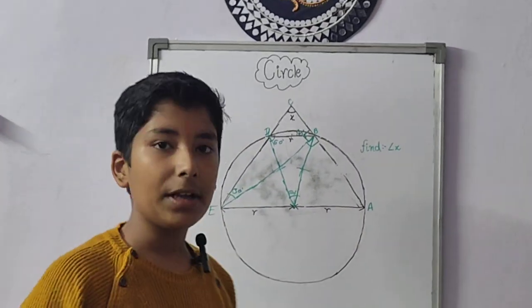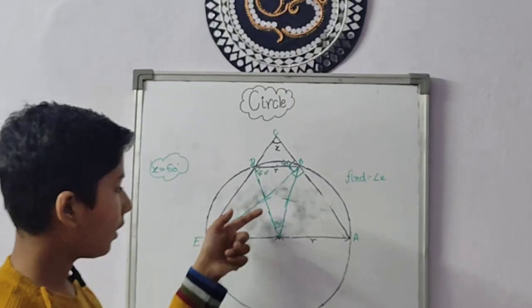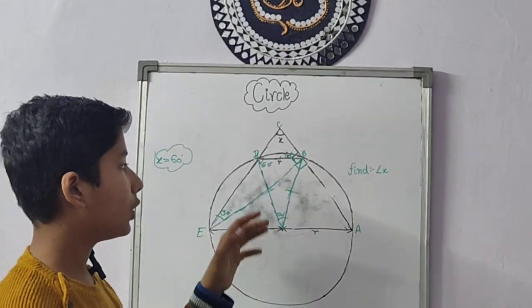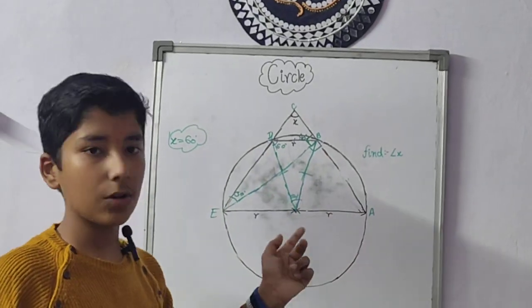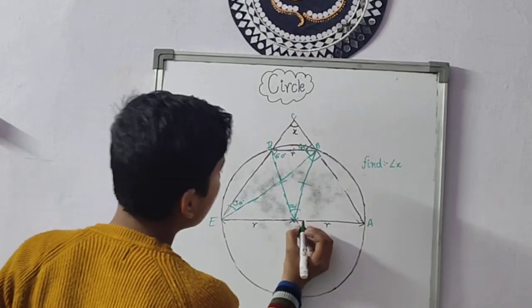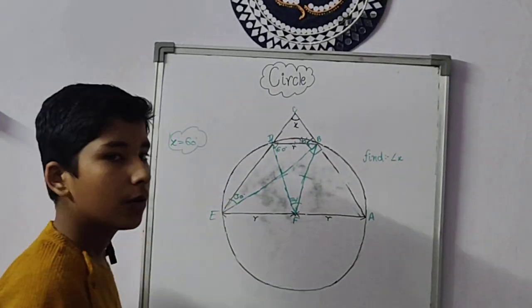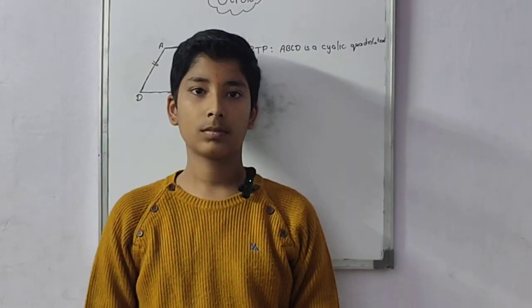So I think you might have understood this question. Now you have to write this in construction, that what you are joining with what. Okay, like we made these three lines, no? So you have to write extend D, extend B to the point S. Okay, so now let's come to our next question.